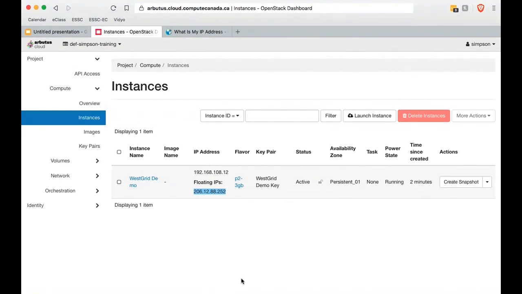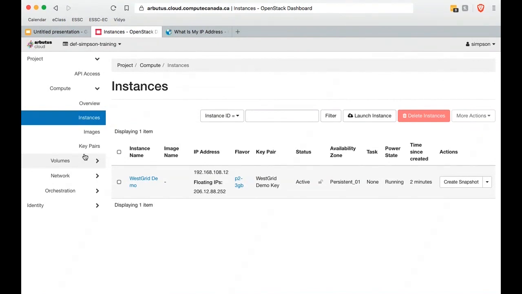There's one last thing that we need to do in order to be able to access this virtual machine. And so that is going to be setting up a hole in the firewall. We're going to open a port that's going to allow us to use the command line to access our virtual machine.